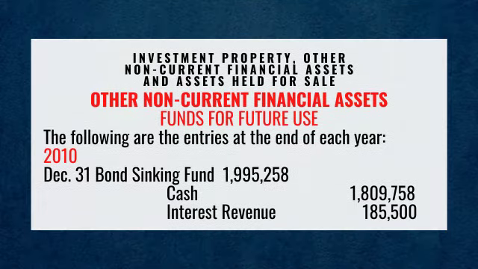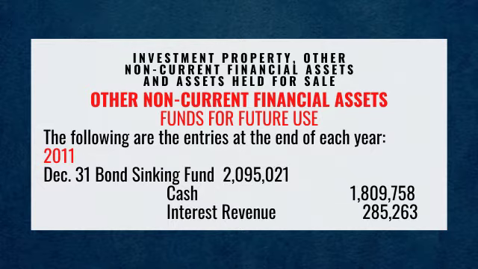90,488 pesos. Year 2010, December 31st, debit bond sinking fund for 1,995,258 pesos. Credit cash for 1,809,758 pesos. And credit interest revenue for 185,500 pesos. Year 2011, December 31st, debit bond sinking fund for